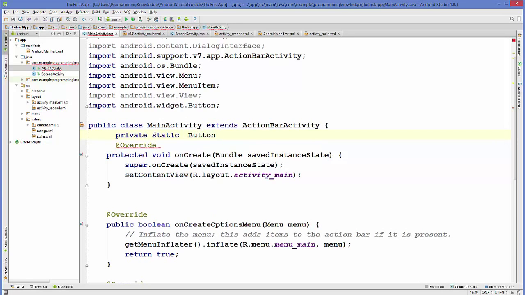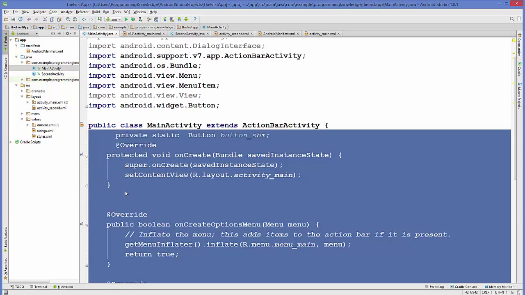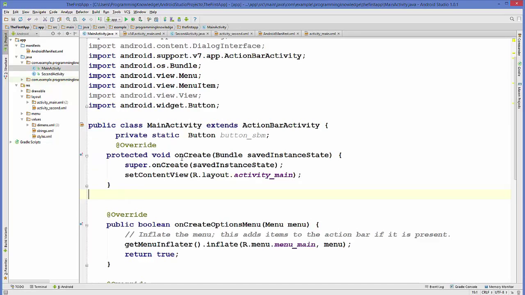For example, I name my variable button_sbm, and now just below my onCreate method, I'm going to create